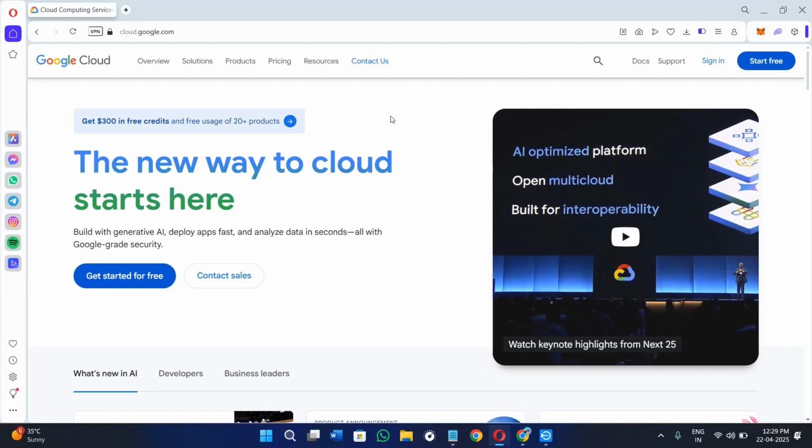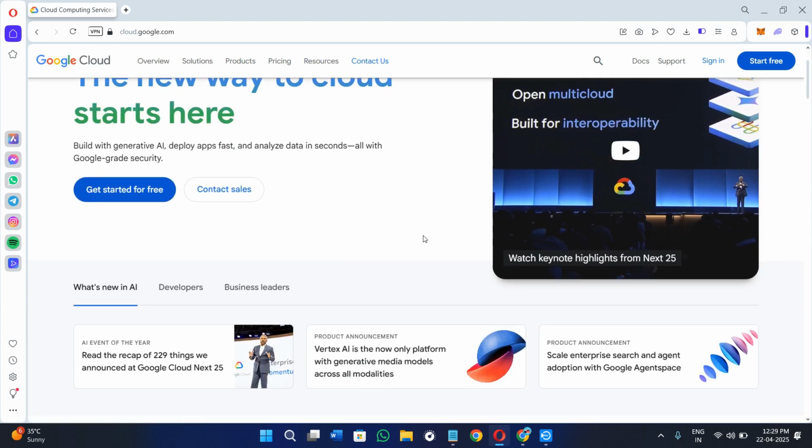So in today's video we are diving into Google Agentspace, which is an AI powered tool designed to automate almost every business task. So we will learn how you can automate every task of yours with the help of Google Agentspace. It is one of Google Cloud's newest AI solutions, and here is everything that you need to know